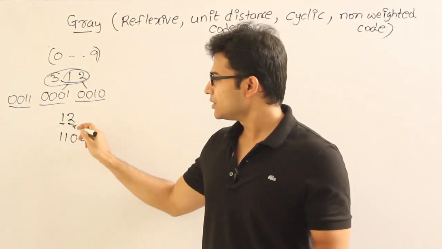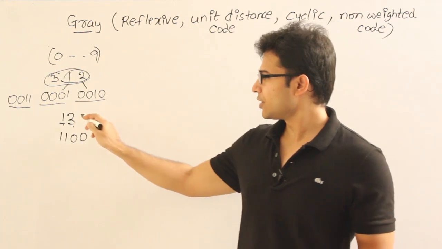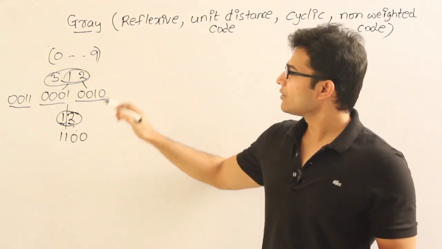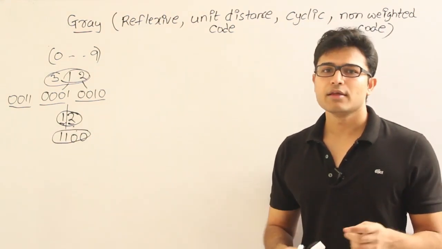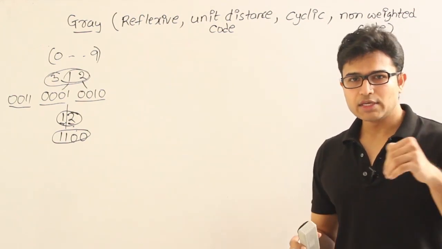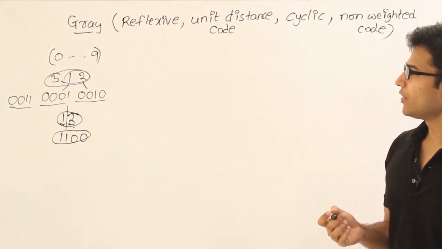But in BCD and the other codes, like 3321, we separate the digits and then write them. In gray, we do the same as binary, which means for every number there will be a code which can be derived. So it is not depending on each digit individually, right? Let's see why it is called